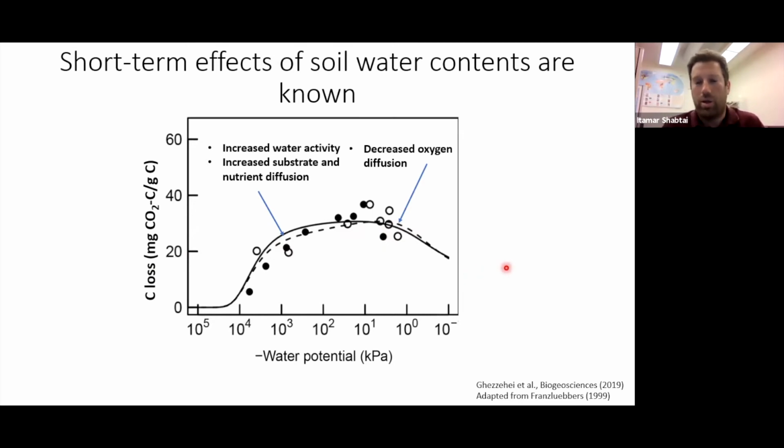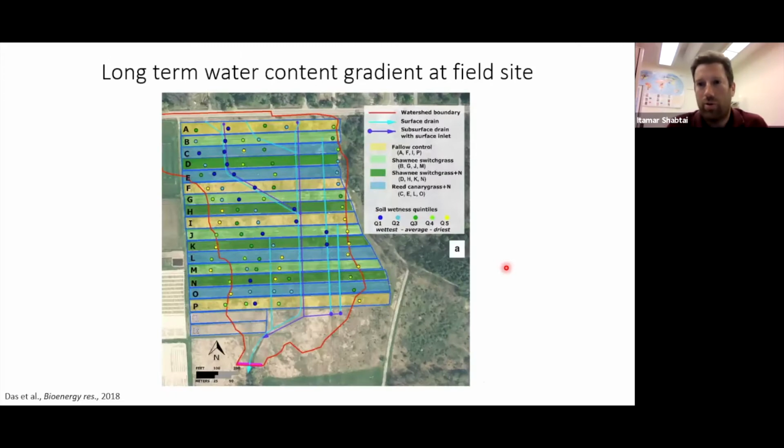But although the immediate effect of water content is known, the long-term effect of water content is less known. And so to try to probe this phenomenon, we looked at an experimental plot close to campus on Hanshaw Road. And this plot has been used and tested for different bioenergy crops. As part of this campaign, the soil water content has been